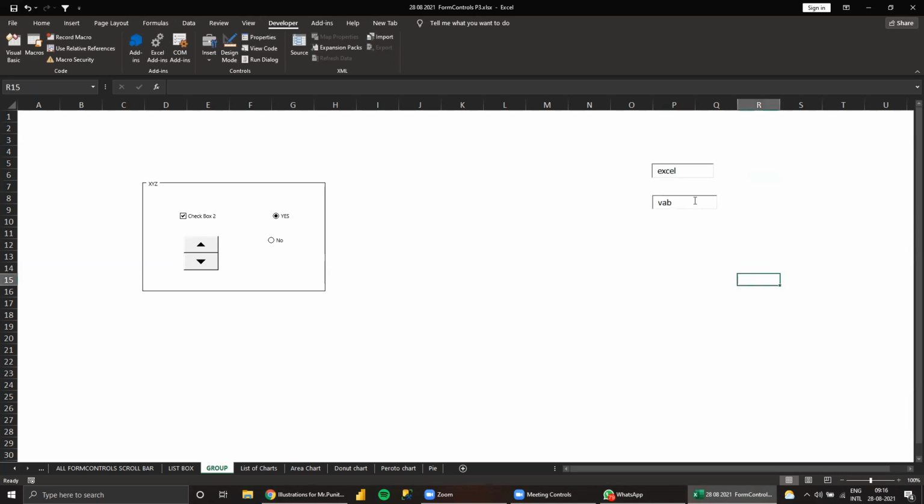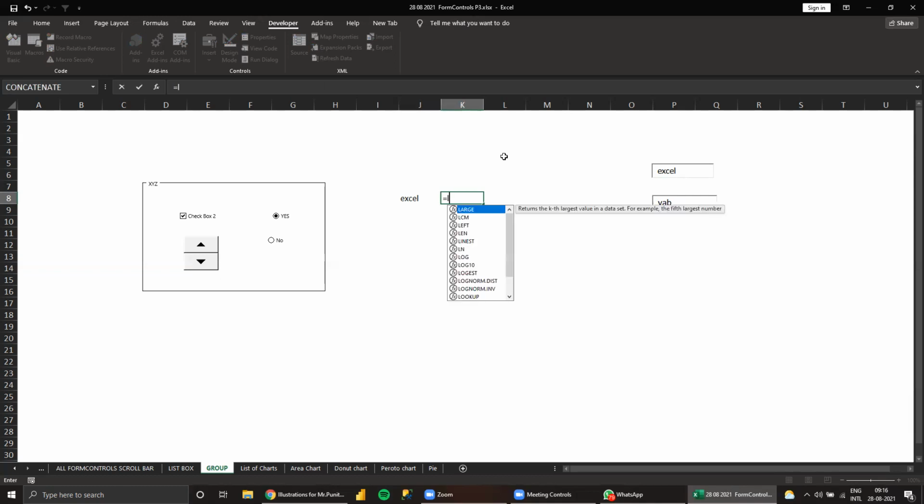Now, what is the use of this? That is the question now. Suppose it's the same thing, you can type here. Unless you give this, Excel will not give the result. Suppose, for example, Excel, right? Now I need to know the length, I need to extract the characters. Okay, suppose